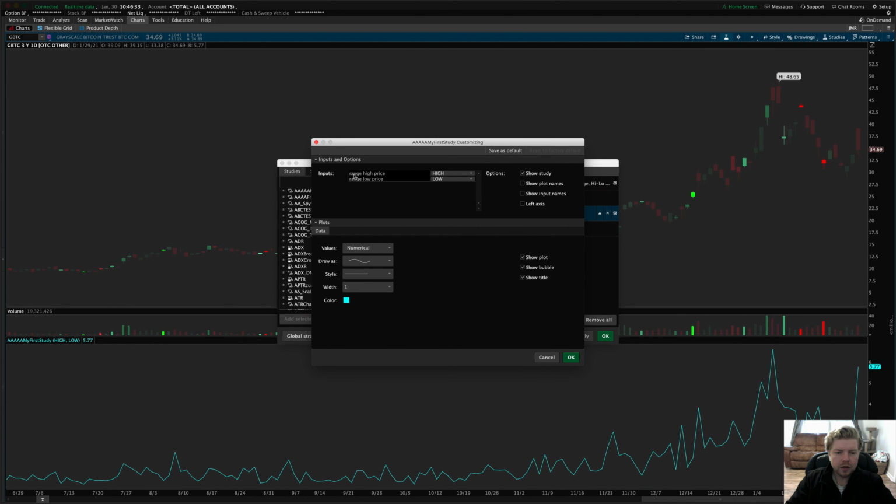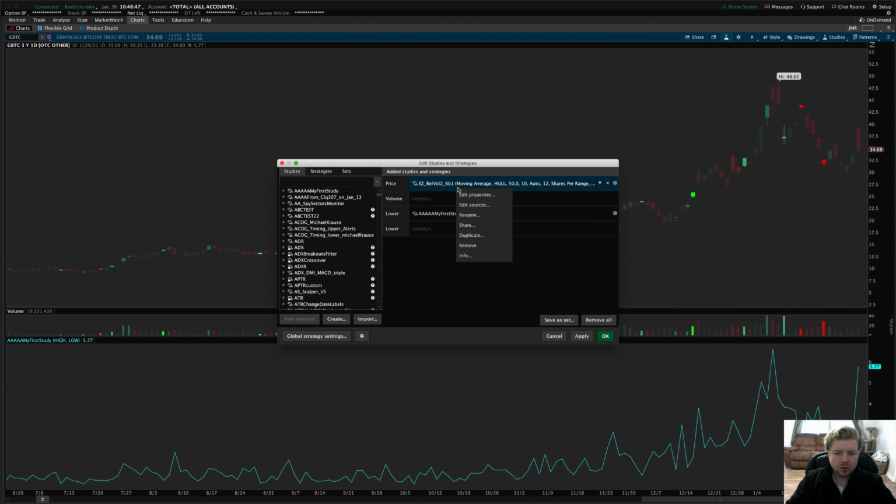It's already made range high price. It's already put spaces between it and everything. That's a nice thing about Thinkorswim. And this allows the user to change the high price and the low price. Now this doesn't do anything yet. It just stores those values in